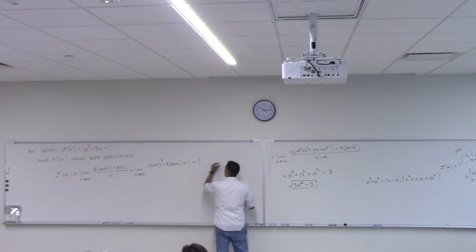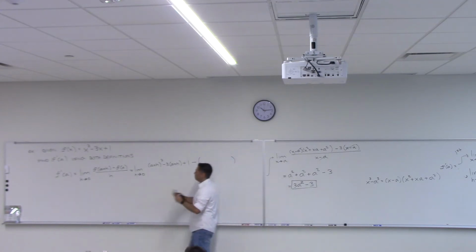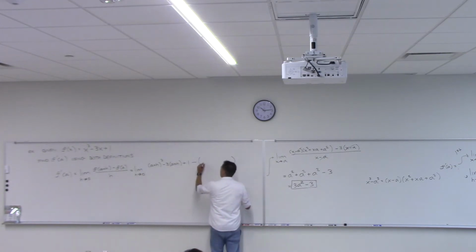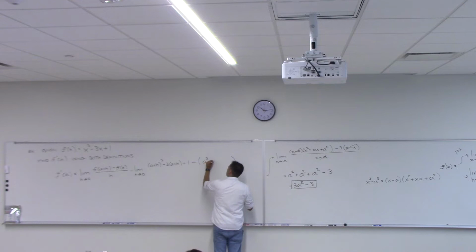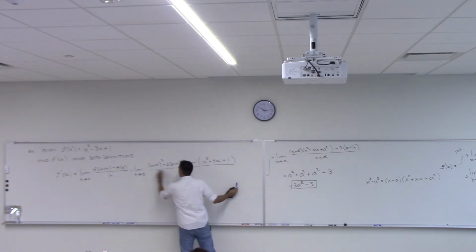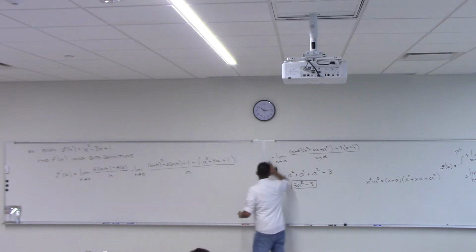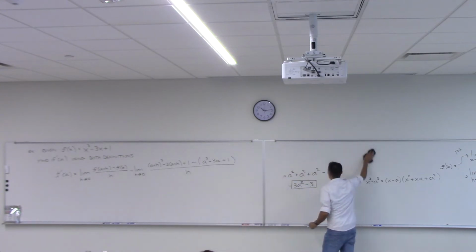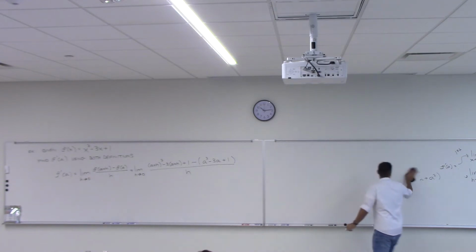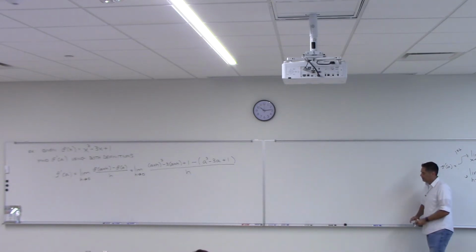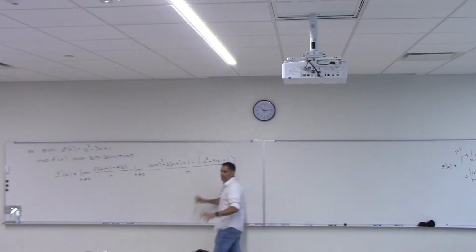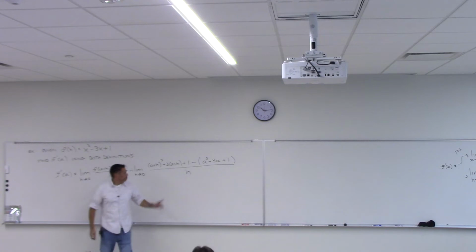Subtract from that whatever I get when I plug in a. So plug a in there, you just get a cubed minus 3a plus 1. The entire thing over h. And what I'm hoping for is that that h is going to cancel, right? So what's the good and the bad here? I mean, the good is we don't have to factor anything, but the bad is we have to do a